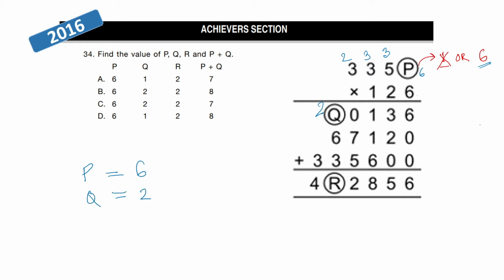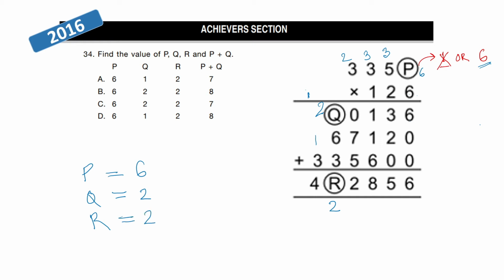Now let's proceed ahead. Now we have found the numbers here and all we need to do is add. Now this is 6 here. This is 3 plus 2, 5 in tens place. This one is 6 plus 1 plus 1, 8. Then it is 7 plus 5, 12. So 2 carry 1. And our Q is 2. So 2 plus 1, 3 plus 6, 9. Plus 3 is 12. So 2 carry 1 and 3 plus 1 is 4. So we also find our R which is equal to 2.